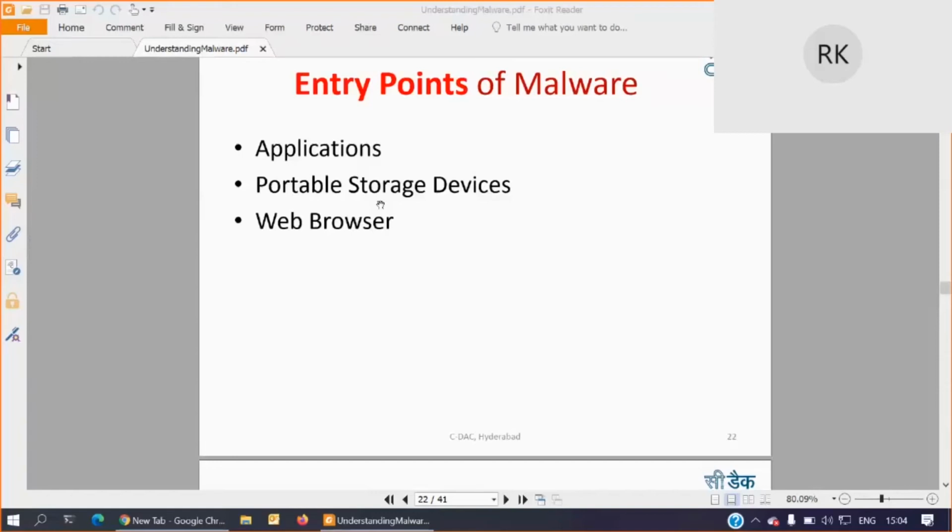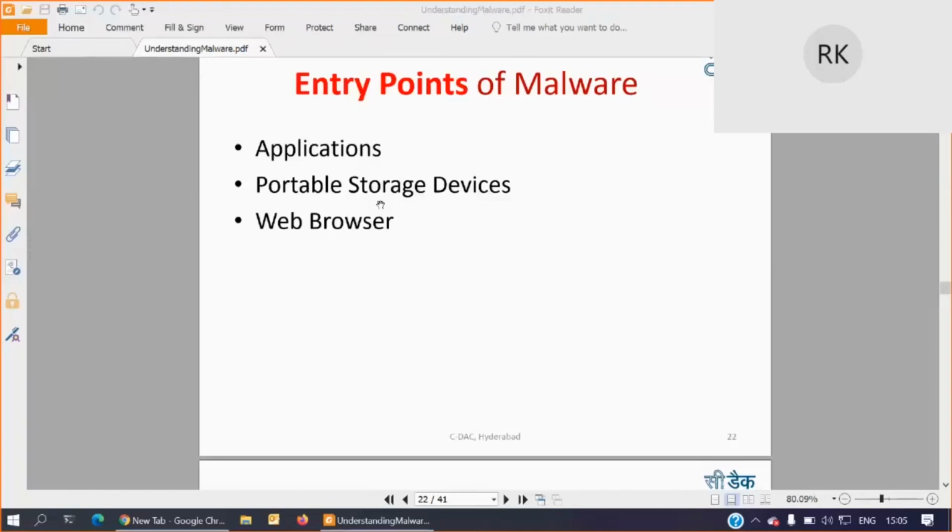Whenever they connect this pen drive, or sometimes they connect to the internet and immediately remove it because of no bandwidth and all, then whenever they have connected and visited some websites, some malware might have already been downloaded. Now what will happen? Because of no internet connectivity, it will not be able to update your software and it will not be able to update your antivirus. Your system is already compromised, and even though you have an antivirus installed, it will not be able to handle that new virus because of no updates, right?